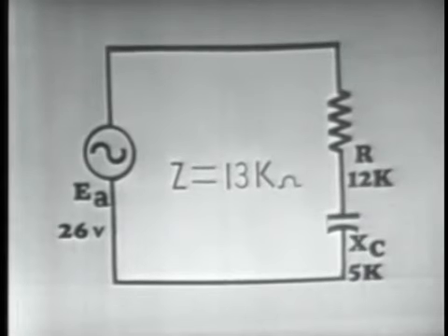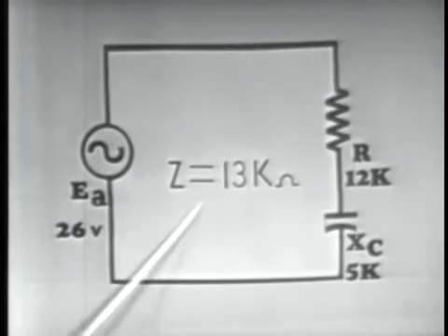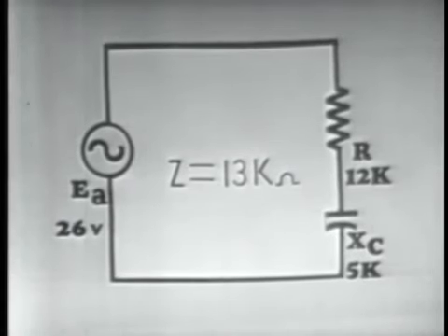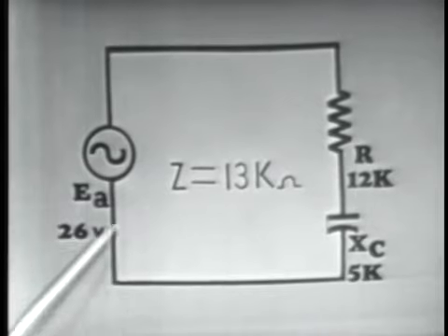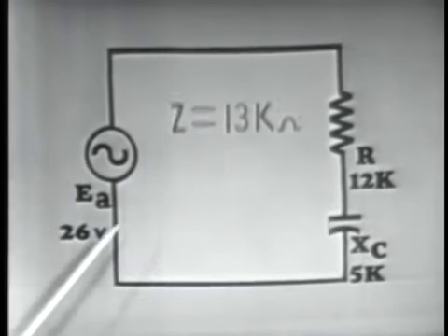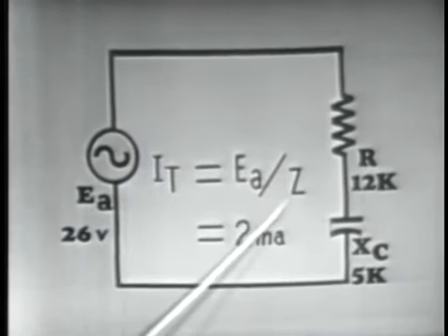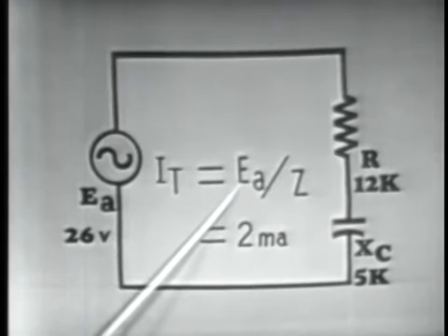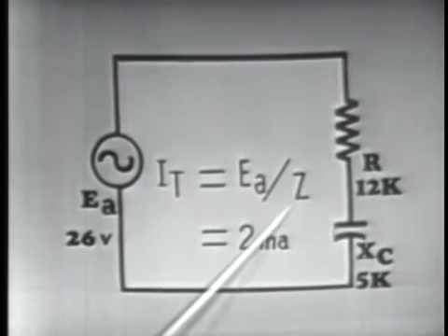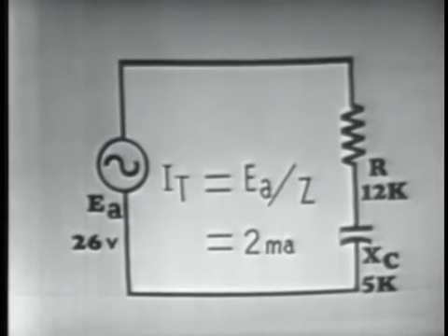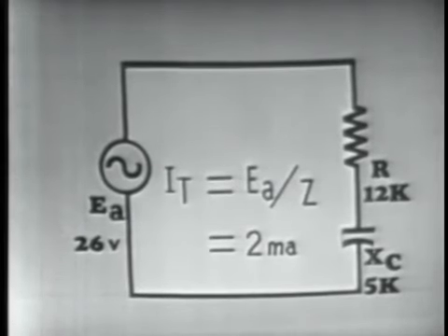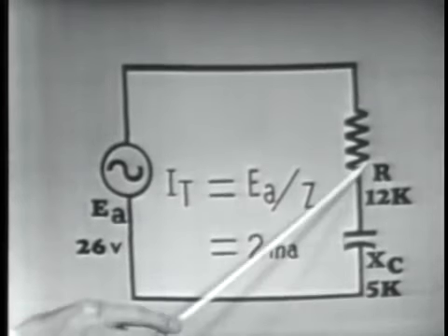All right, using this information then, we have determined Z to be equal to 13 k ohms graphically. This is the total opposition of our circuit. We can determine the current flow in our circuit simply by taking this impedance and dividing it into the voltage. 13 k ohms divided into 26 volts would give us a current of 2 milliamperes flowing in our circuit. This 2 milliamperes flowing in our circuit